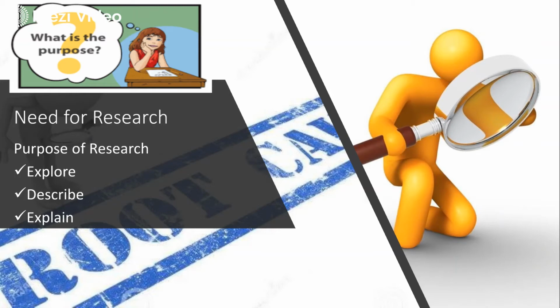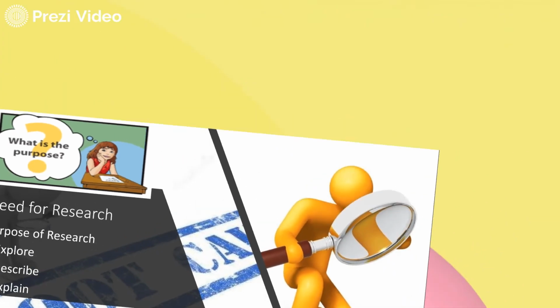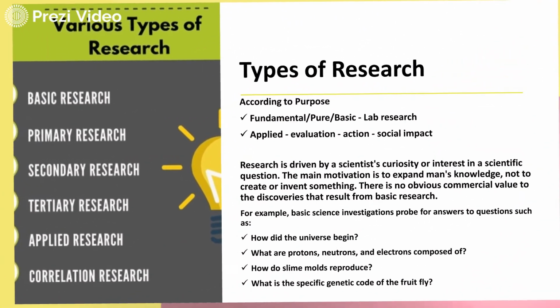When you try to explore any scientific event or situation, you are doing research. Then, describe. You want to understand the process in detail. There is a process of manufacturing and you want to understand that, so you can have that sort of inquisitive mind. Then, explain. You are trying to understand how this chemical reaction took place. So there are basically three purposes of doing research: first is exploration, then description, and the explanation. Explanation basically refers to the mechanisms.